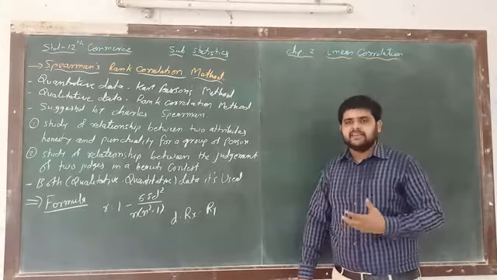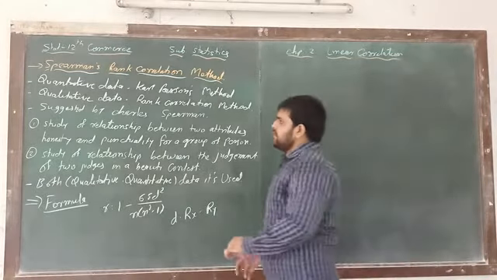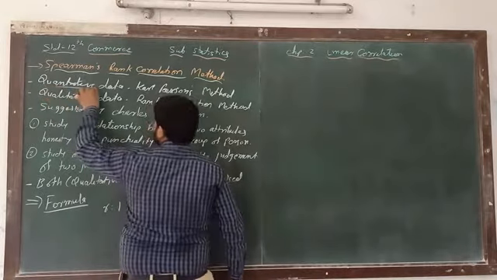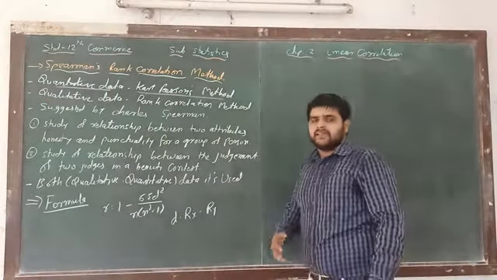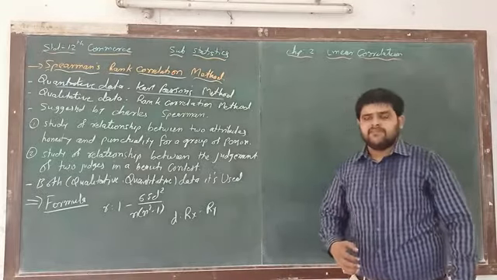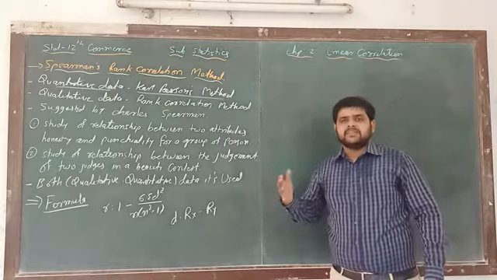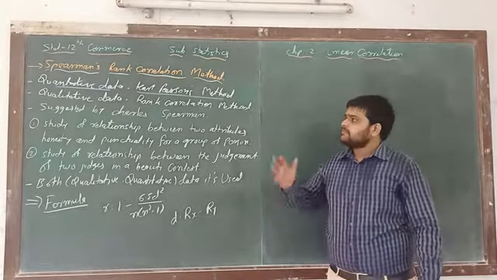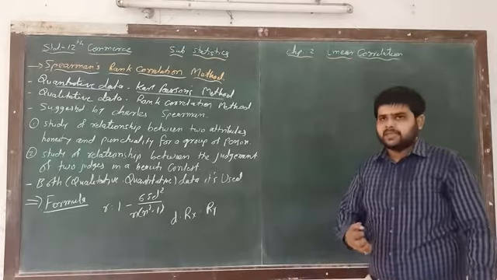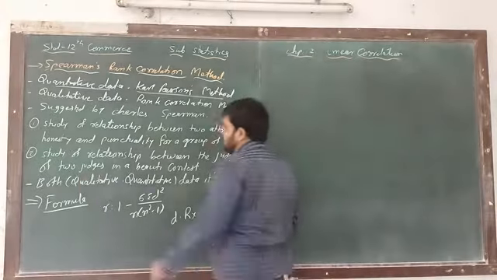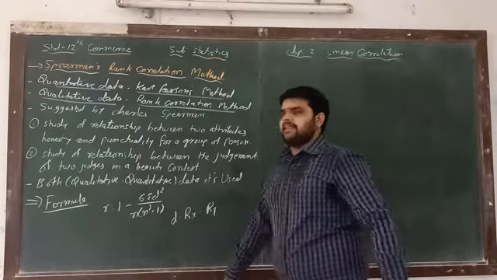First of all, why is it needed, and in which situation do we have to use this type of method? Normally, in quantitative data, the Karl Pearson product moment method is the best method. We already learned that and calculated many examples related to it. So for quantitative data, the Karl Pearson method is best. But when the data is based on qualitative data, the rank correlation method is used.